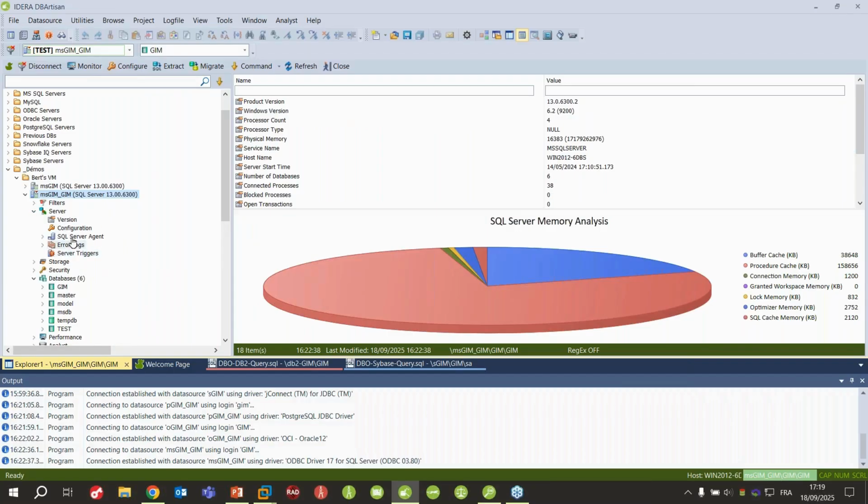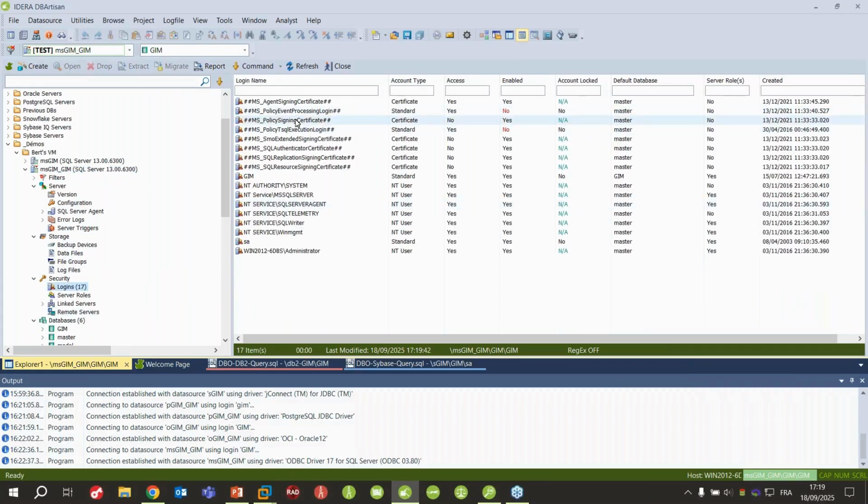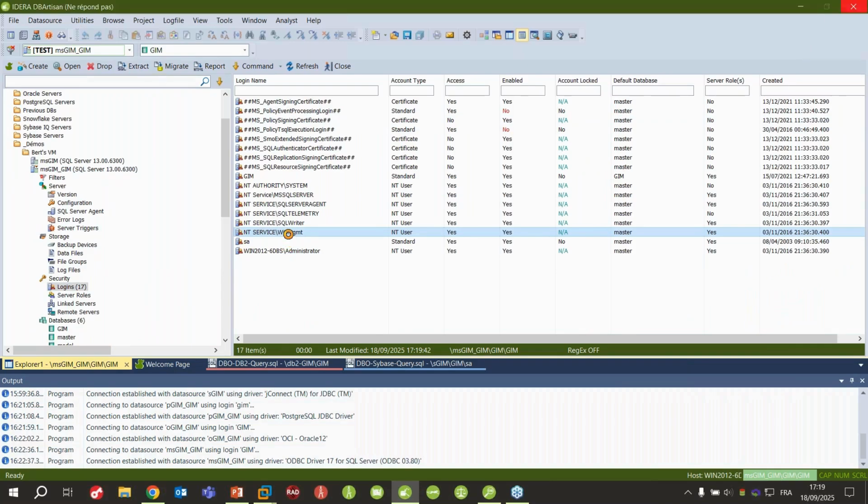We have some specific information regarding this server. We can see the storage option for this MS SQL database. When we look at other platforms, we will see that this option will be different. The same for the security. You can easily view your different login. You can edit. No, I didn't want to click this one. Anyway, it will open my entity service.